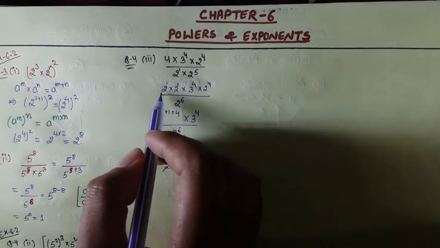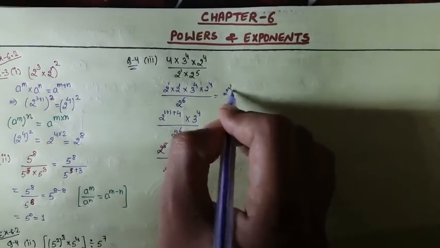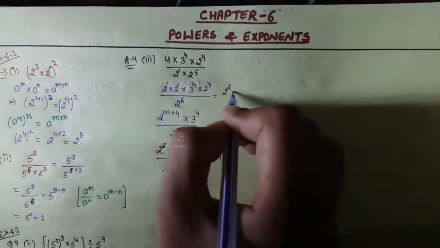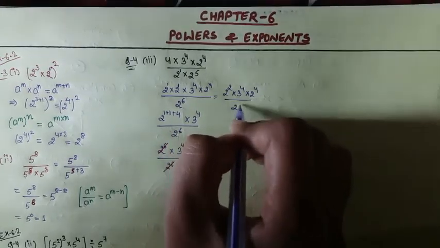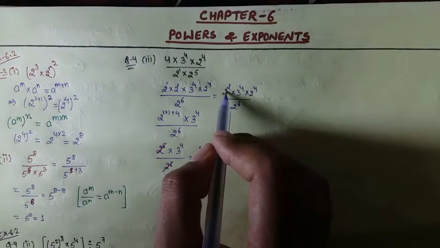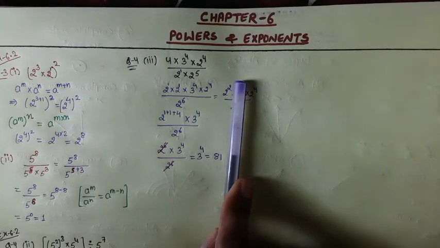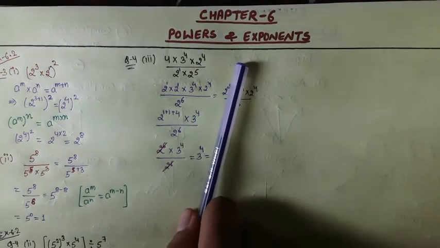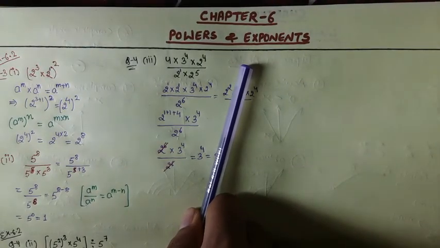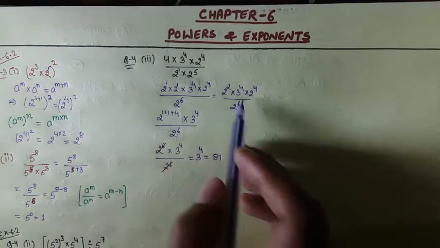So you can do it in 2 steps if you have doubt. 2 into 2 can be written as 2 square, right? Into 3 to the power 4 into 2 to the power 4 divided by 2 to the power 6. Now 2 to the power 2 into 2 to the power 4. Just for a moment forget about this 3 to the power 4. भूल जाओ कि बीच में ये भी है. Here we have same base, different powers and multiplied together. It means they will get added up. Add हो जाएंगे. So 2 to the power 2 plus 4 क्या हो जाएगा? 6 हो जाएगा. And here we are getting the same thing, 2 to the power 6. You can do one more step if you want.